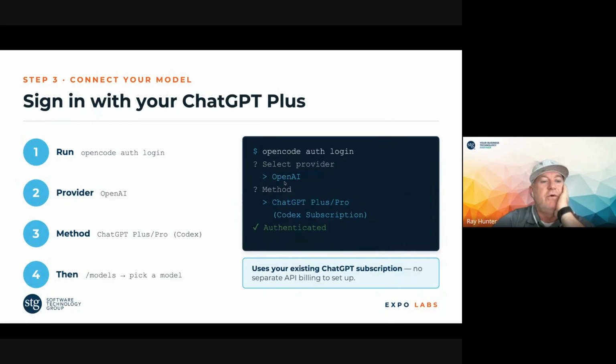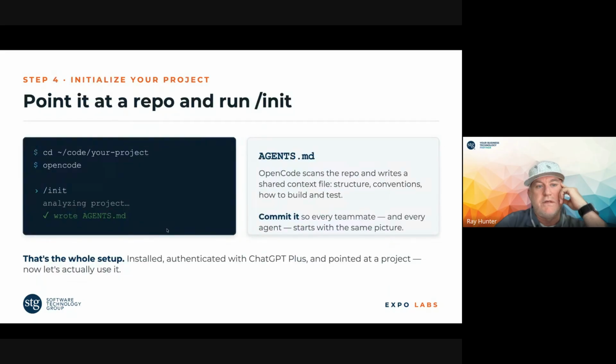Okay, so that's more or less how it works. I didn't actually walk through the process, but like I said, it's very easy to walk through. You can select your provider and go through it and add your provider, and then you'll have access to your models and you can start going from there. Okay. Next thing you want to do is just point it to your repo.